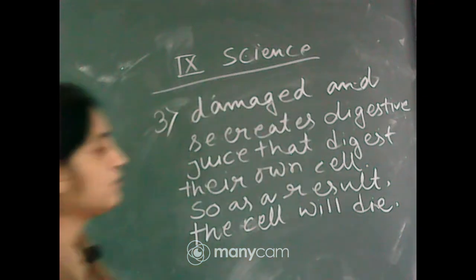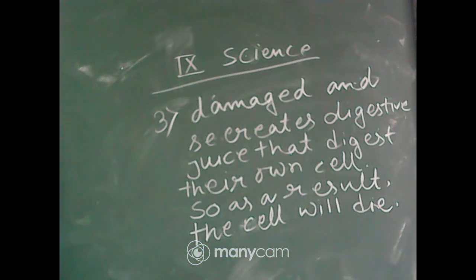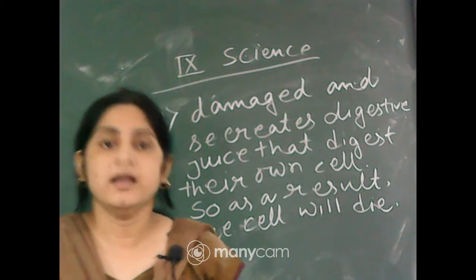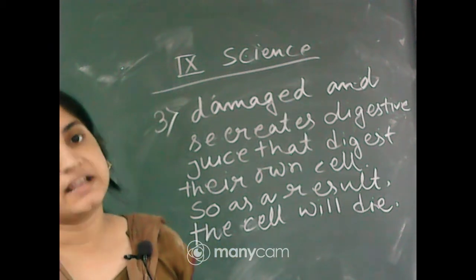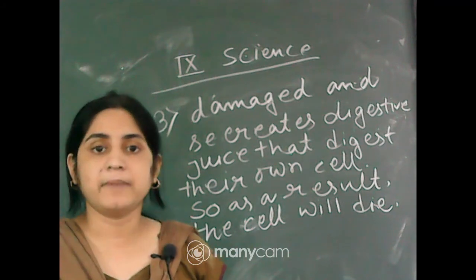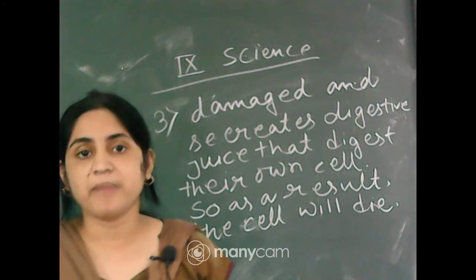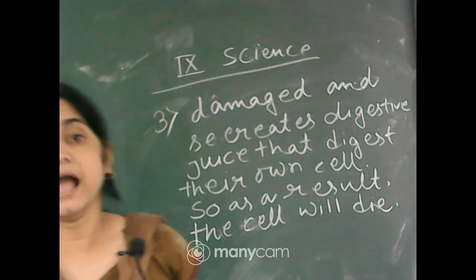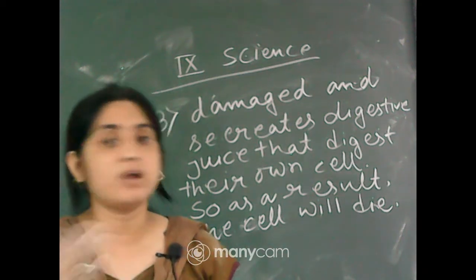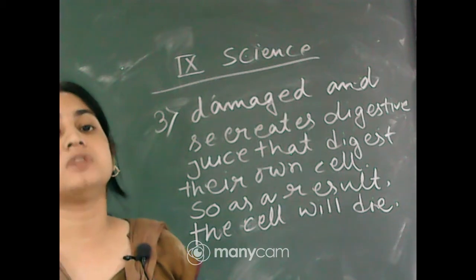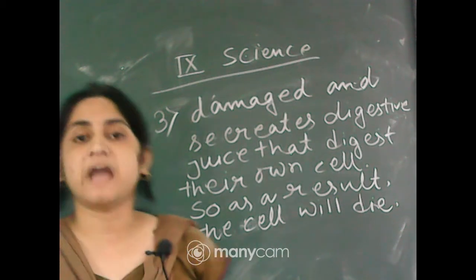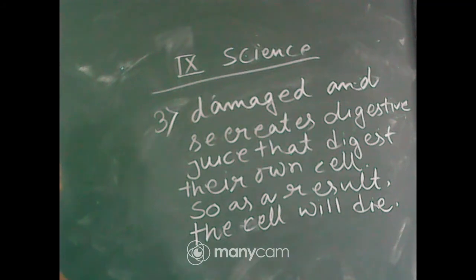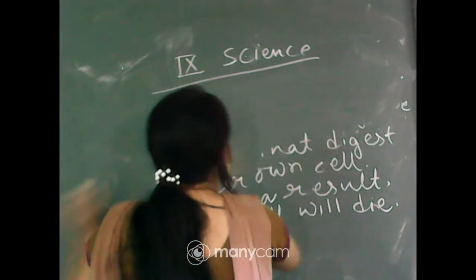Now move to question 4. What would happen to the life of a cell if there is no Golgi apparatus? The Golgi apparatus helps in packaging, storage and modification of materials. If the Golgi apparatus is absent, these activities would be impossible. The Golgi apparatus also helps in the formation of the lysosome, so no lysosome will be formed due to the absence of the Golgi apparatus. So this is the answer to question number 4.